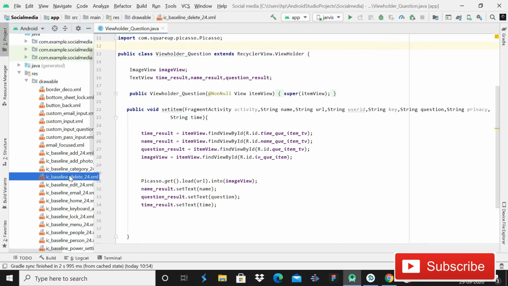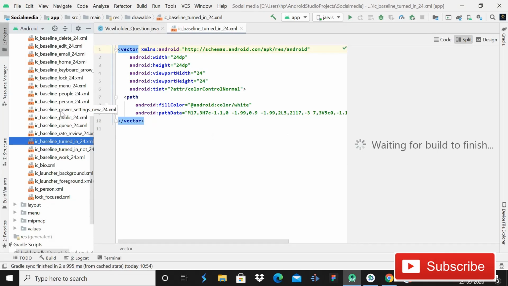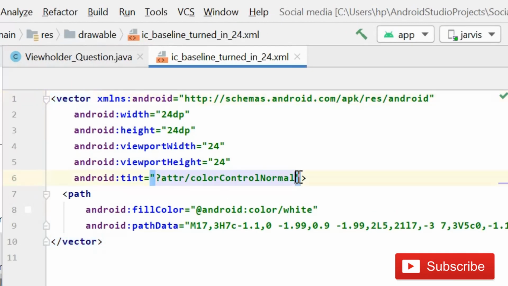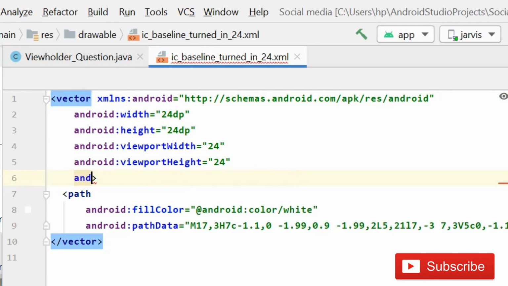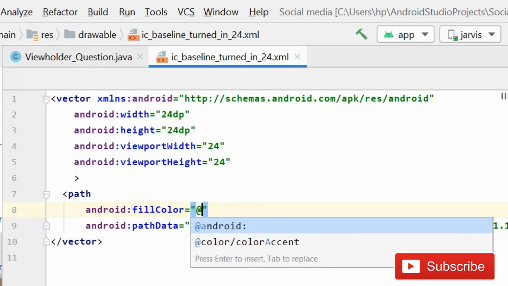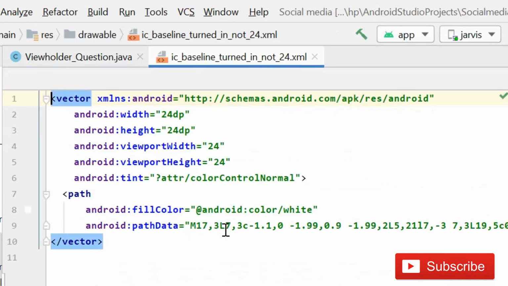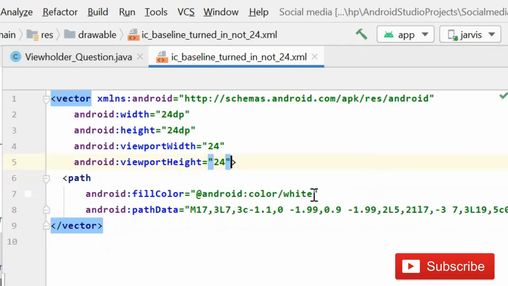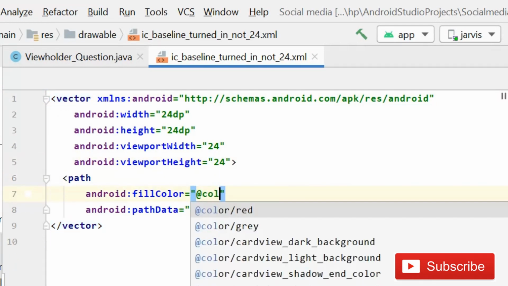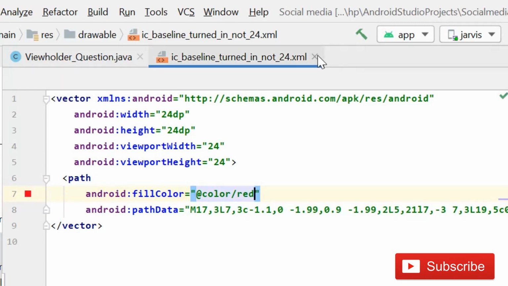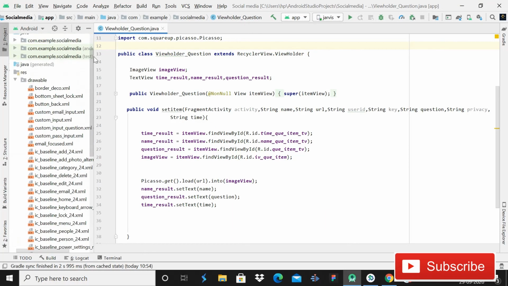Fine guys, now here you have to type turned in, and simply remove this line from here. And after this you have to write android, so simply give color. Now we have the red color, and then turned in not, same thing you have to do here. So I will remove this line, then I will give color, so it will look beautiful. Fine, now we have these two drawables, so it's time to go in this